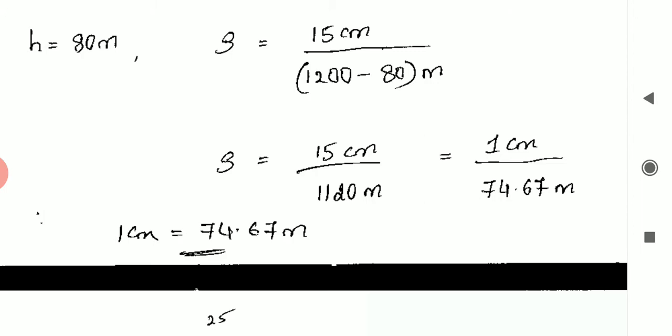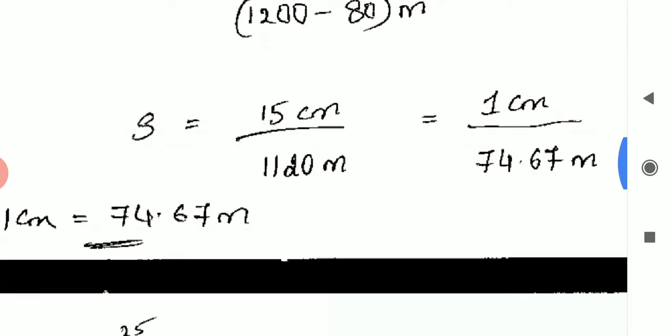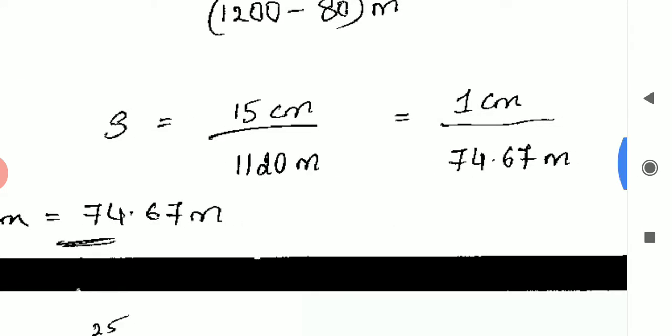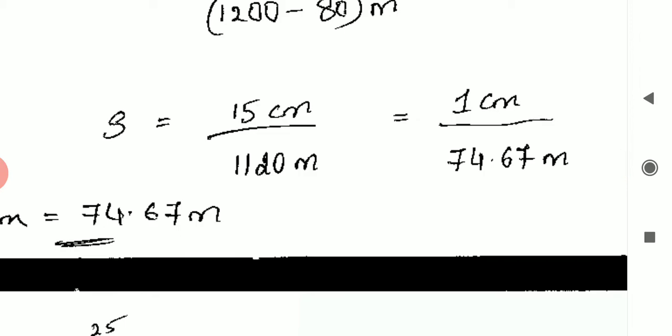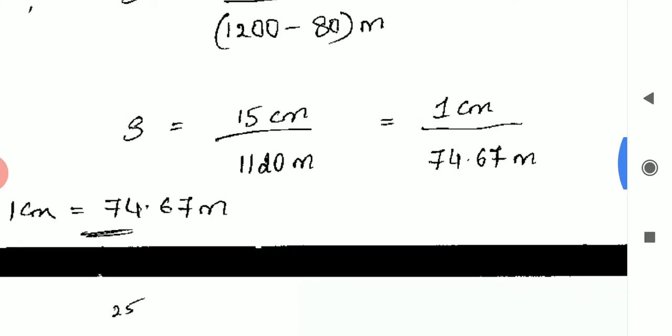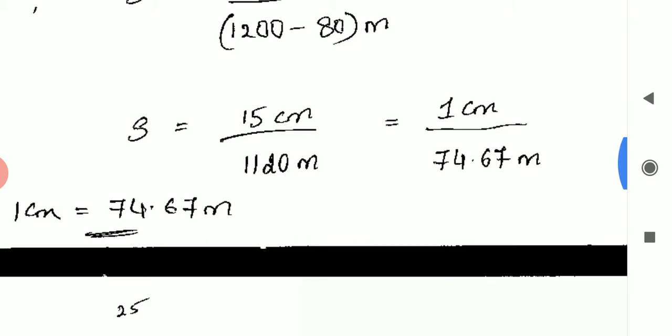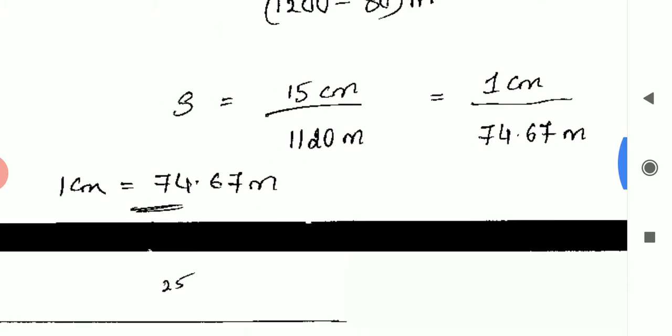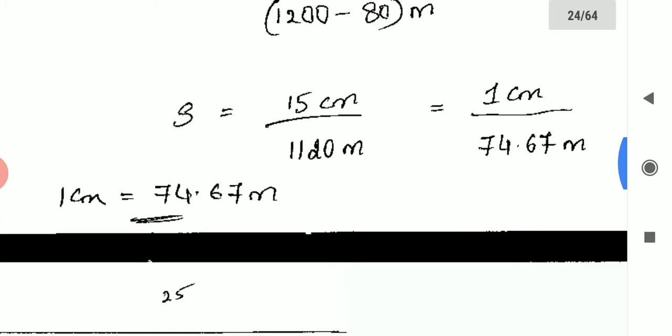So consider, see here, in this case 1 centimeter divided by 74.67 meter. Okay, so in this case what will happen, you will mention S equal to 1 is to 1 centimeter is to 74.67, or else